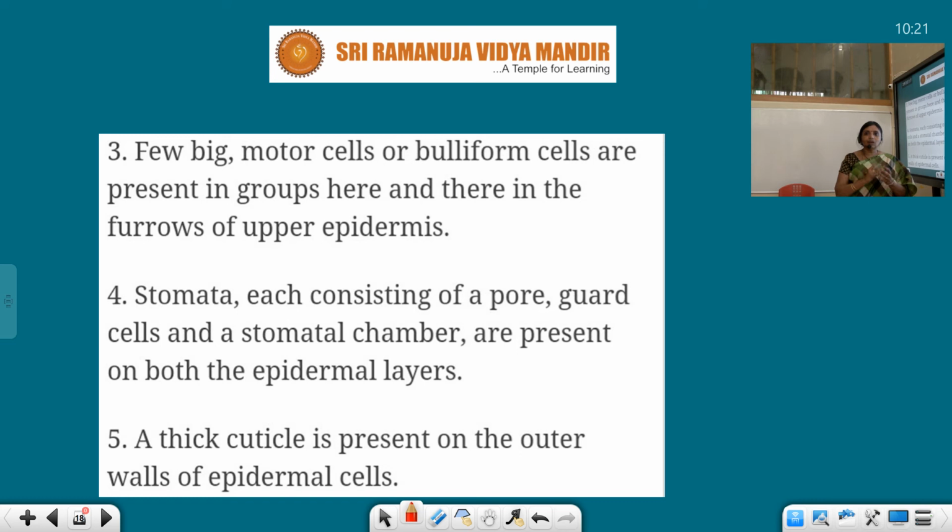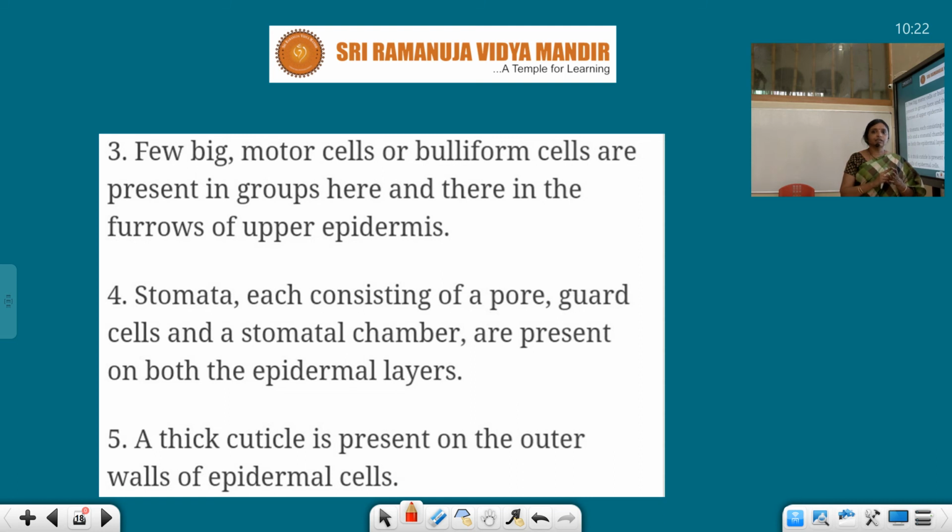But when water comes out, the cell becomes flaccid, and what happens? Due to that, curling occurs. So rolling and unrolling takes place due to these motor cells. When water comes outside, it becomes flaccid and it starts curling. So unrolling and rolling occurs. So it rolls when water comes outside. So this is the function of bulliform cells, and the bulliform cells are present in monocot leaf only. So this is the third difference.